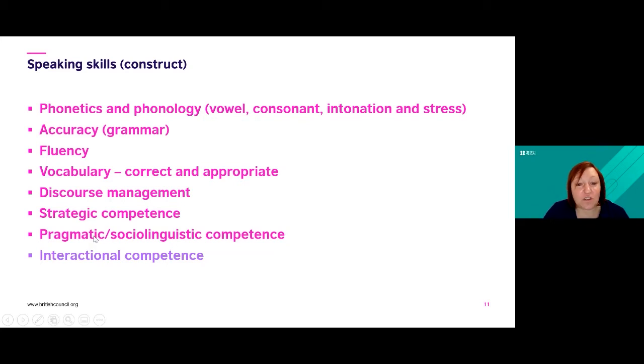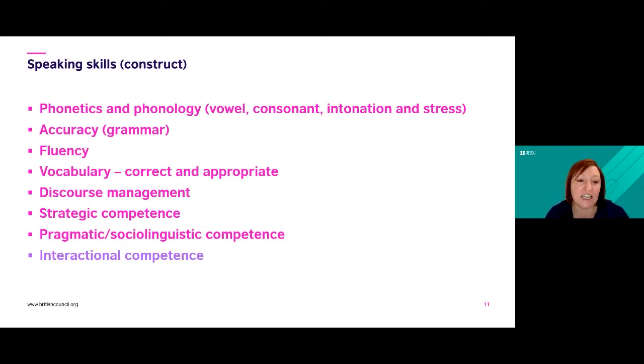Okay, and then of course we need to test whether not only can you speak English, the vocab, the grammar, the pronunciation, but do you know how to speak in different contexts? Because language is contextual. It is never devoid of context, and understanding how language changes in different contexts is a